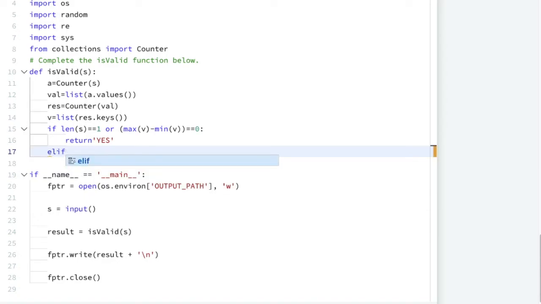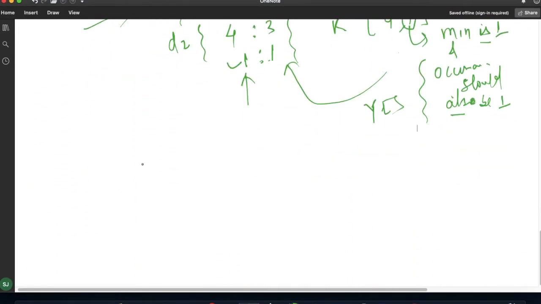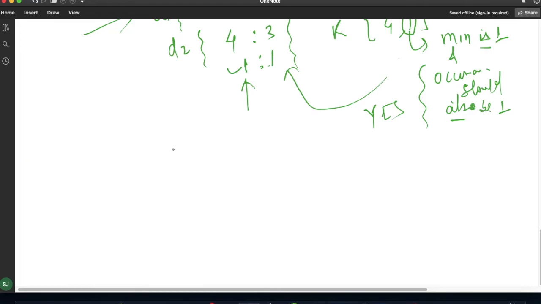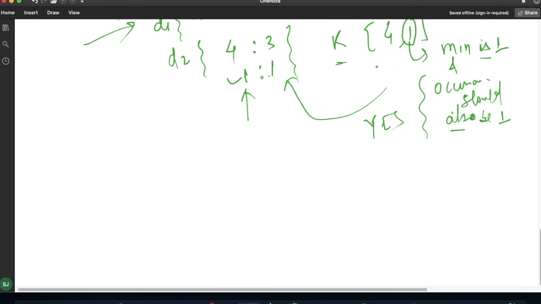Now elif. One condition is, suppose I have this k list in which we are getting more than two values. For example, I'm taking a string like a, b, b, c. Suppose b has occurred 3 times, c one time, and d 4 times. So you can see here the occurrence of a is 2, for b we have 3, for c 1, and for d we have 4.